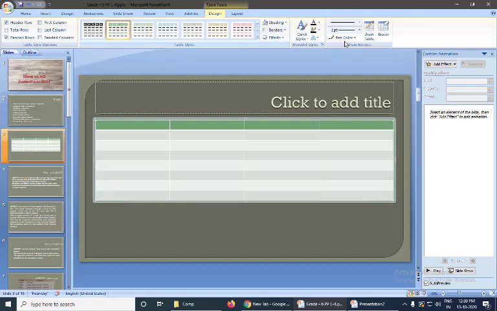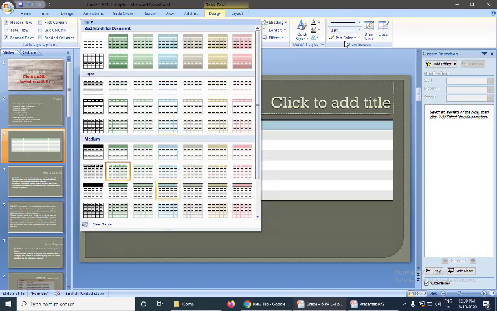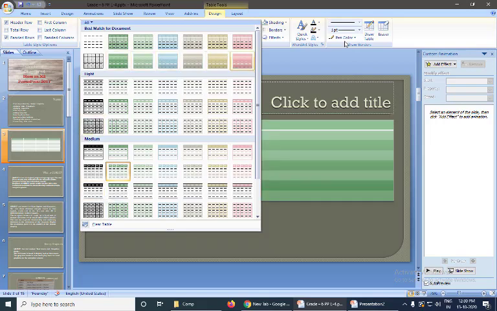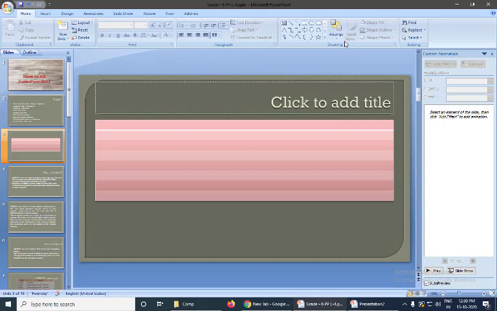So here table styles also are there. Okay, if you click here, see different types of designs are already inbuilt. So if you want, you can change the design of your table. Understood? The next we have is